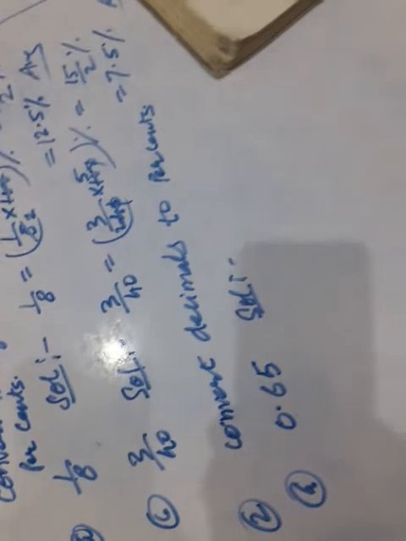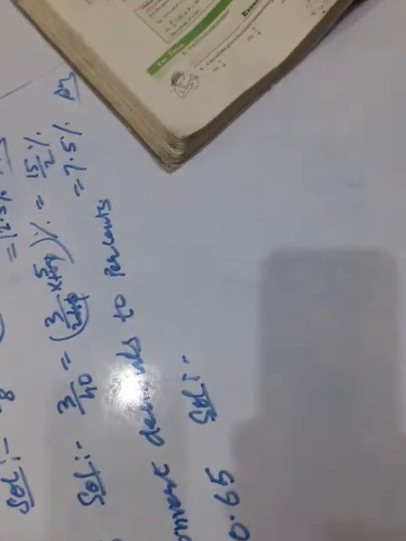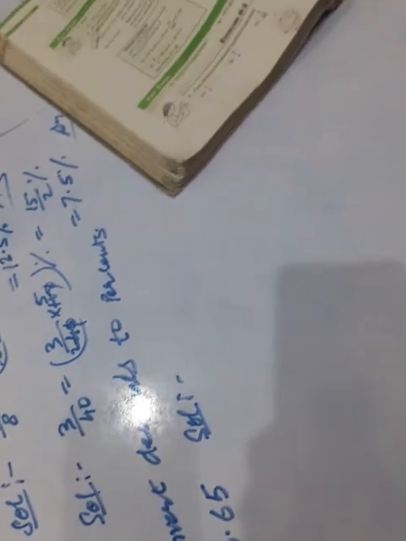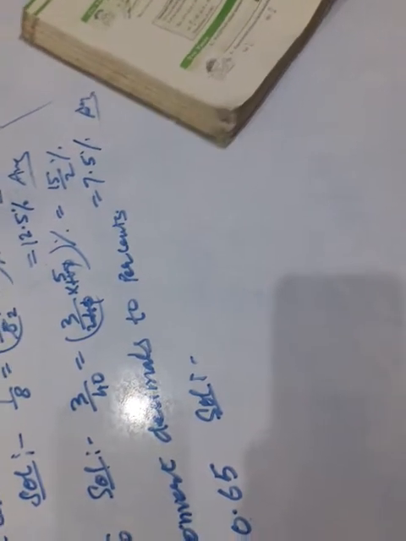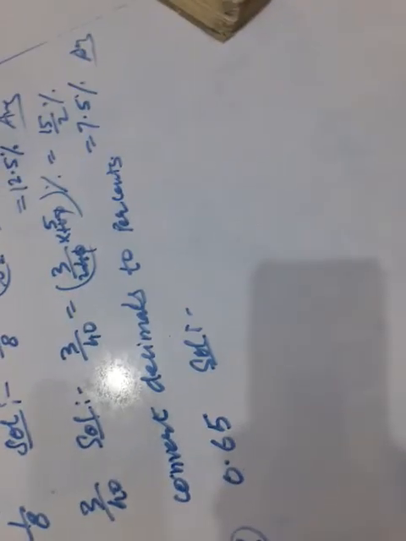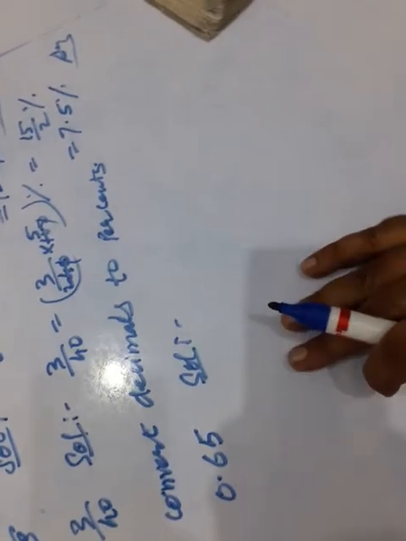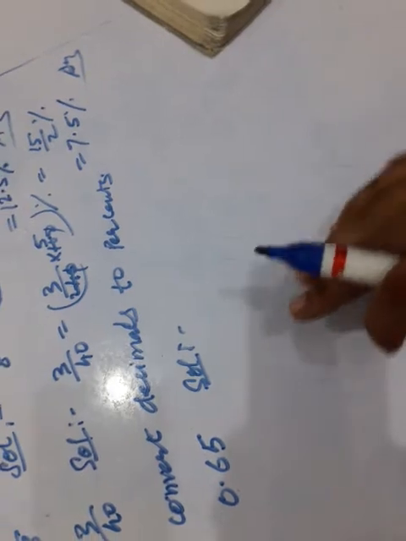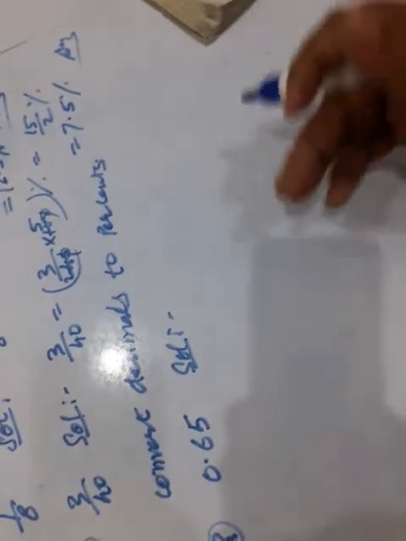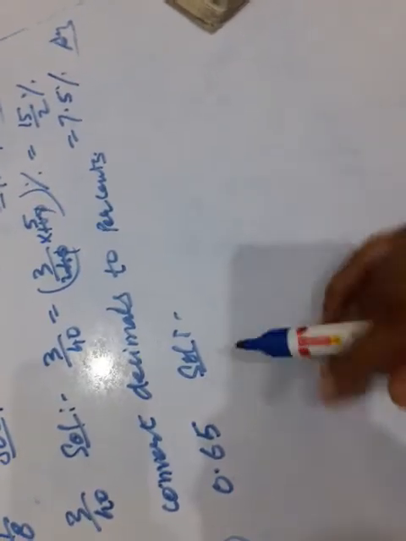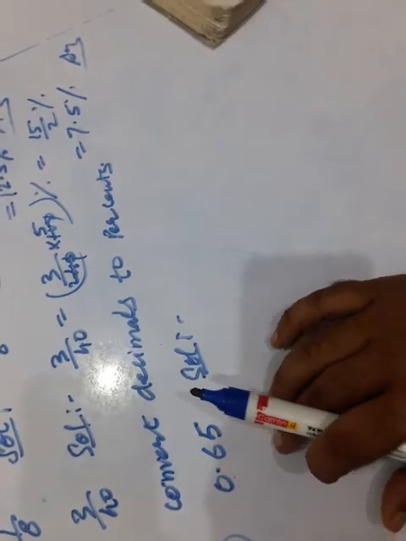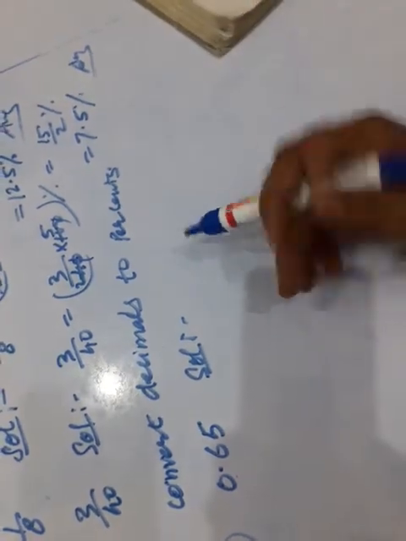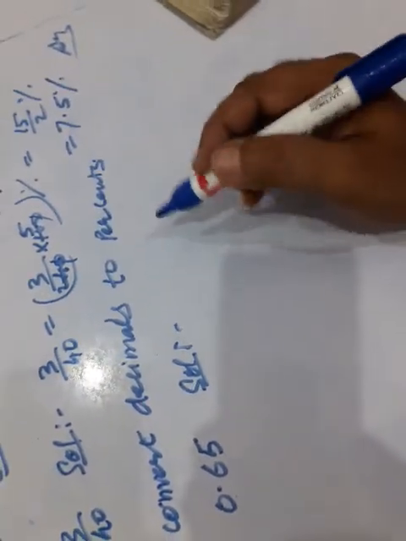Children, as you know, what is percent actually? Percent is a fraction with 100 as its denominator. There are different ways to convert a decimal or a fraction into percentage. So either you convert it into 65 upon 100 as a fraction, and then it is 65%. Clear? Or there is a simple, common way.